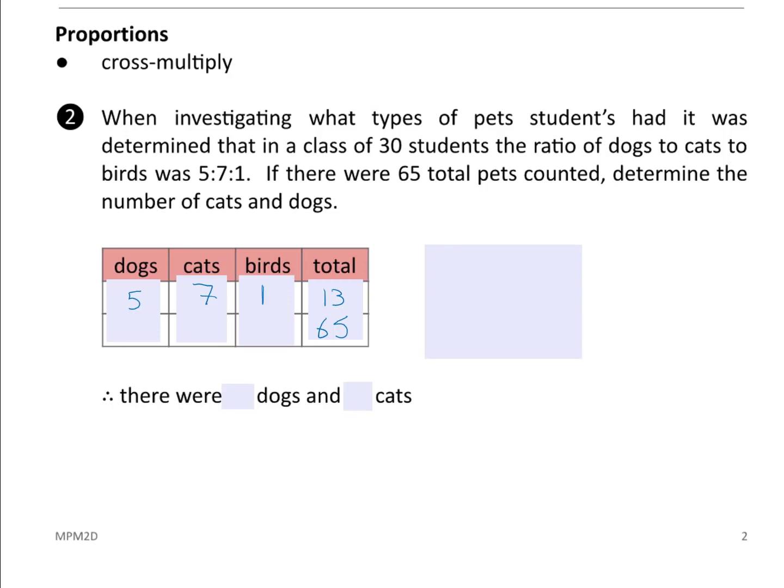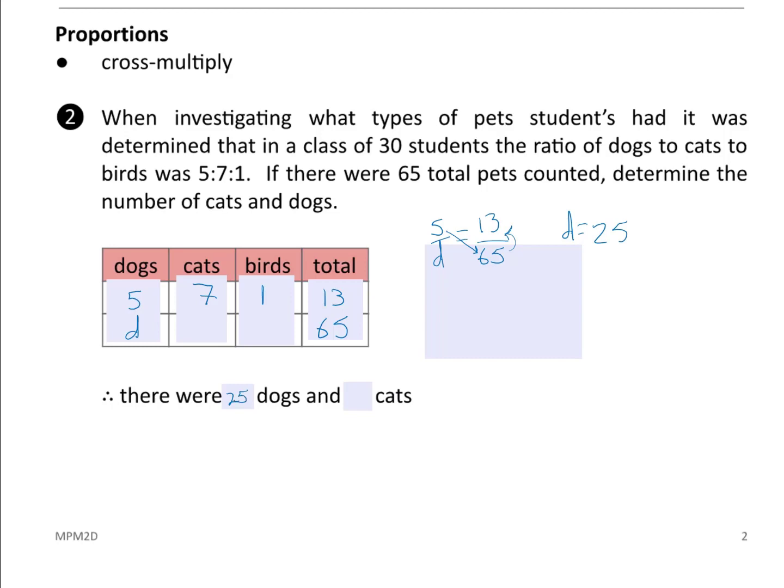So to figure out the number of dogs, you actually just set it up. Let's say our unknown value is D for dogs, 5 over D. And this is going to be equivalent to our ratio of 13 over 65. Now you actually use the method of cross multiplication. So 5 times 65 divided by 13. And then you should get D equals 25. So there's 25